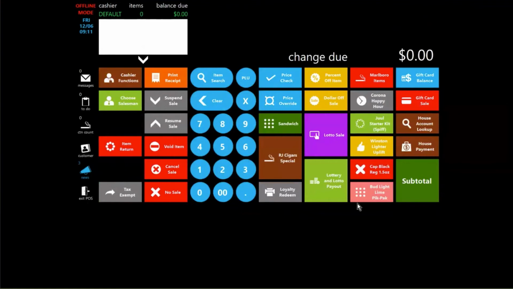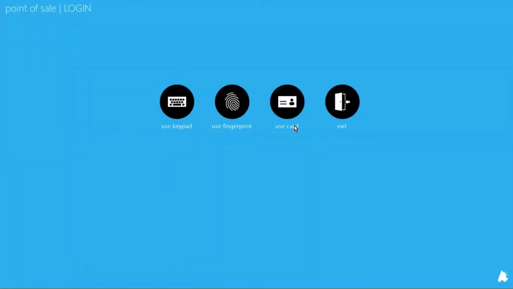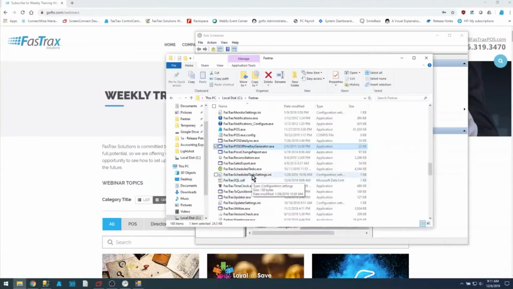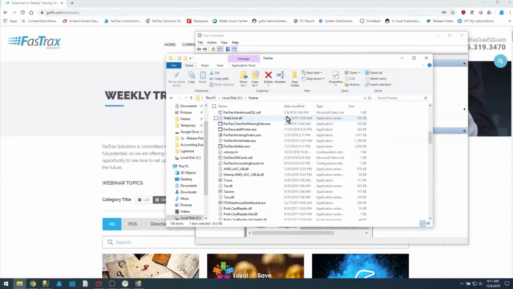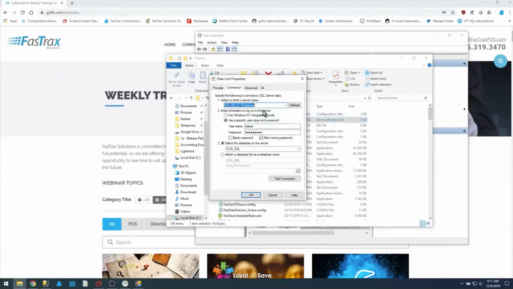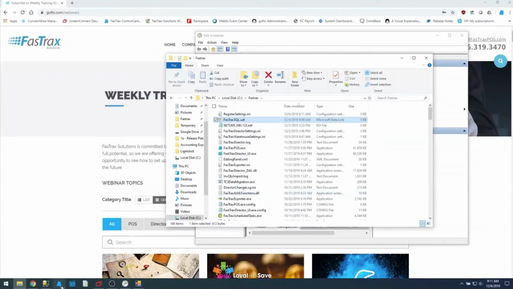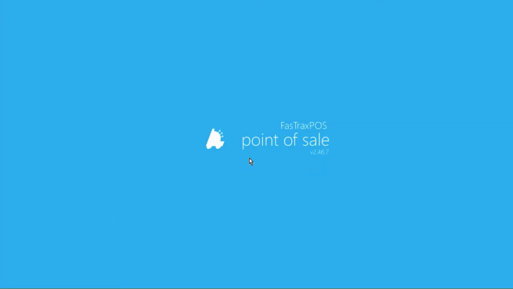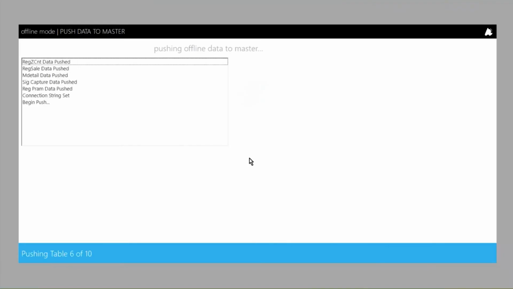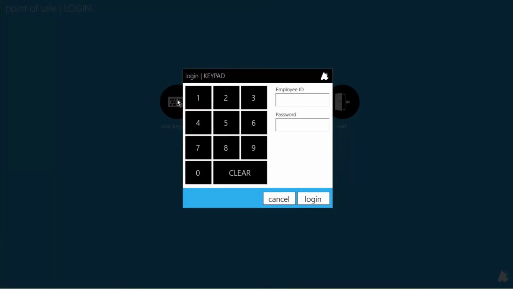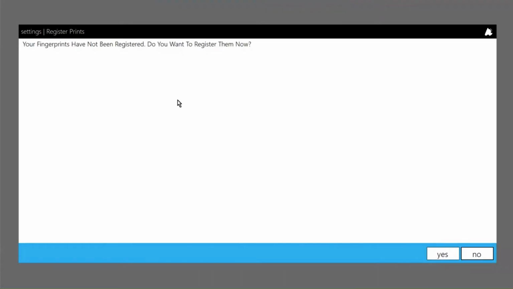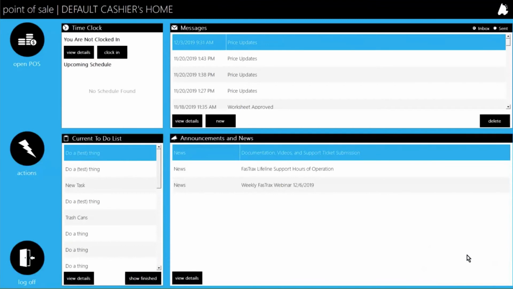So once the POS network connectivity is restored, which I'll go ahead and do, that UDL file and remove that A that I input. When the POS is opened, it will see that network connectivity is restored, and then it's going to push that data that was saved to that local database to the master database. And then now I'm back online when I log back in on the secondary machine, and it's back in that normal environment where I can clock in, I can send messages, I can do everything I